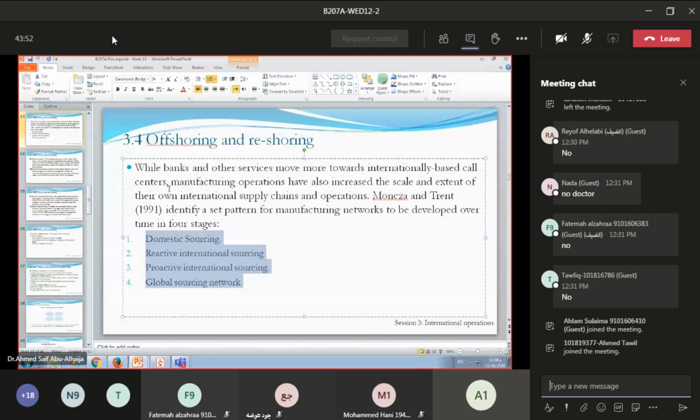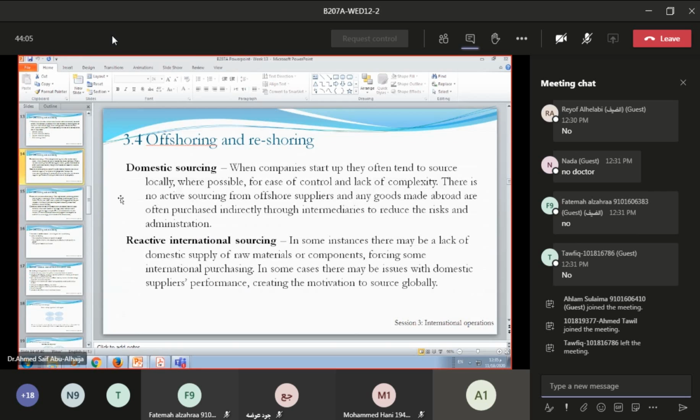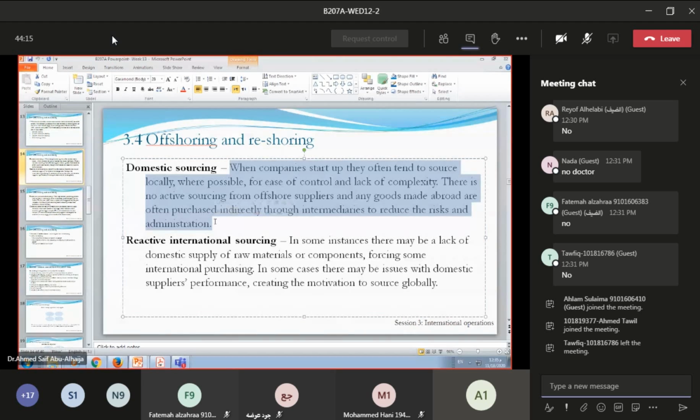So now we will discuss these phases of, let's say, sourcing. Yes, we can say sourcing. So the first one is domestic sourcing. Back to Ammar's example, who likes falafel a lot. Okay, no problem, I will get back to my regular example. So domestic sourcing, this is when the companies